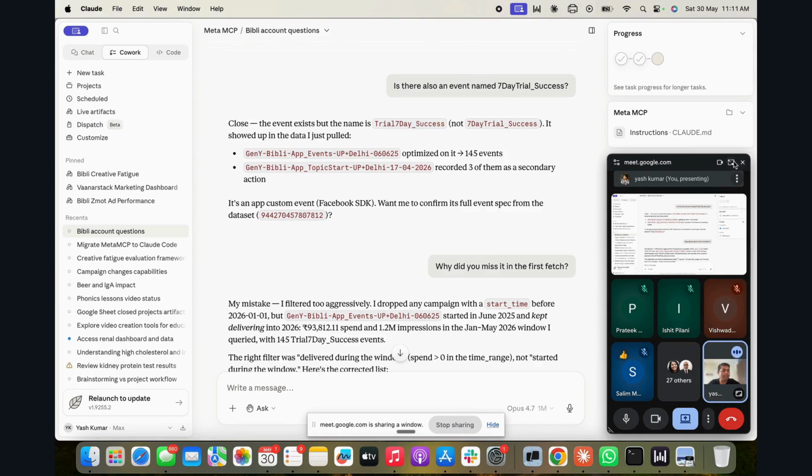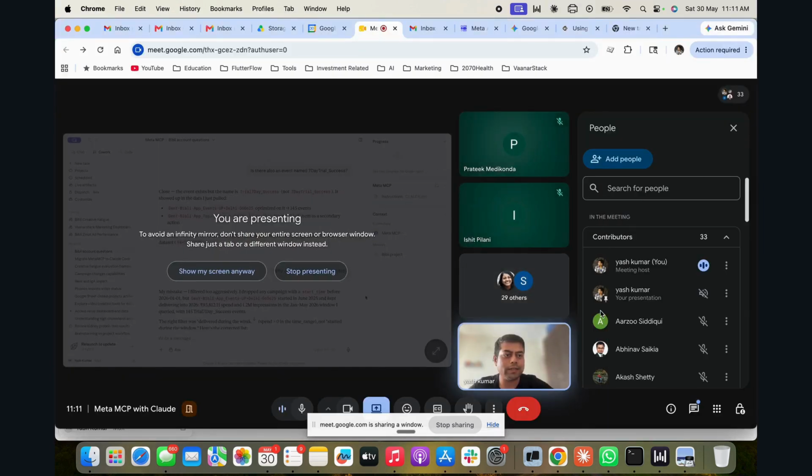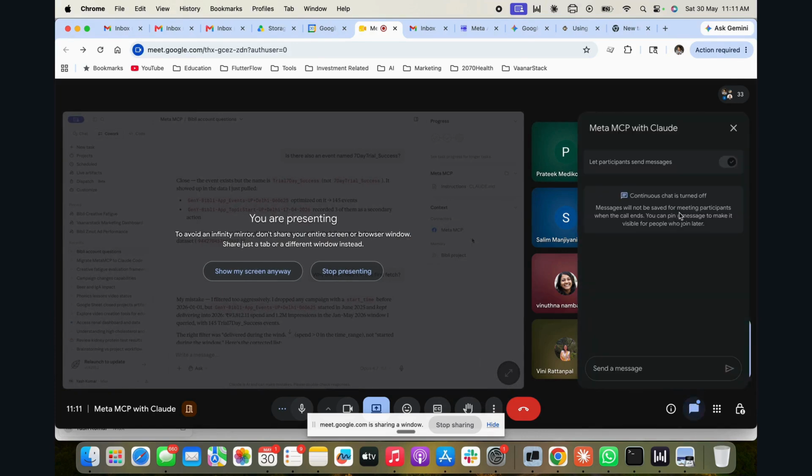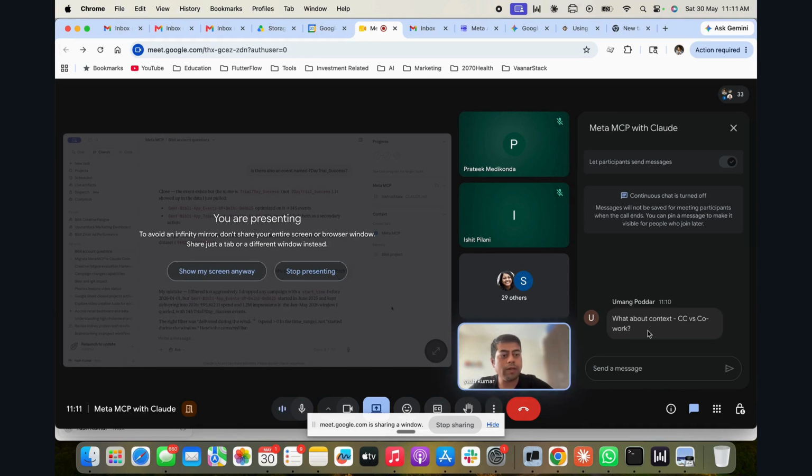What about context? Claude Code versus Cowork. Even in Cowork, the context is saved in memory and all. Claude Code defines it in a much better manner, where you can access the local files, etc. In Cowork also, I will show you in the demonstration, some of the memory is saved in the cloud, where it accesses and repeats some of the instructions. But definitely Claude Code is way ahead if you really want to implement context and other things really well.